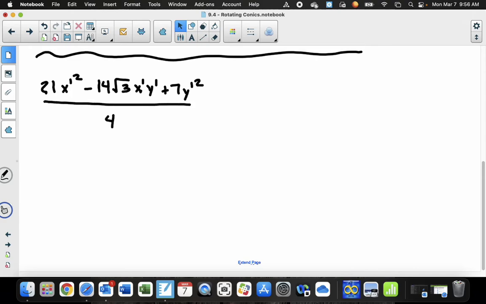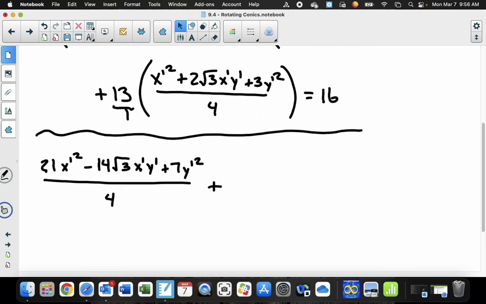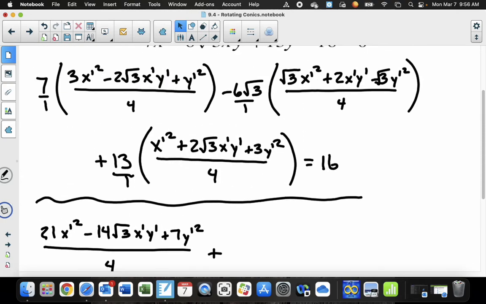Still over 4. That didn't go anywhere because we didn't do anything with that yet. Plus, now we work on the next fraction. This one's a little bit messier because of the radical. Your assignment's not like that, by the way. Actually, I think the one problem for your assignment today is easier than the example. Okay? So now,